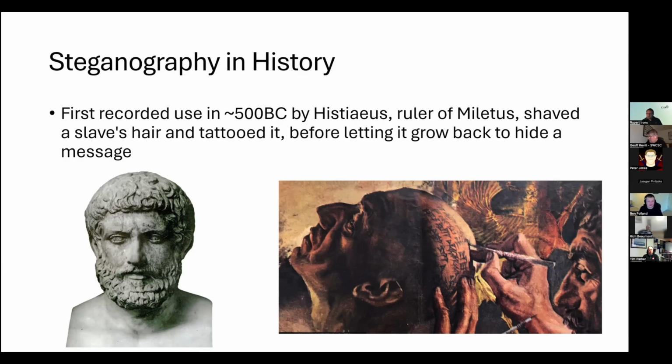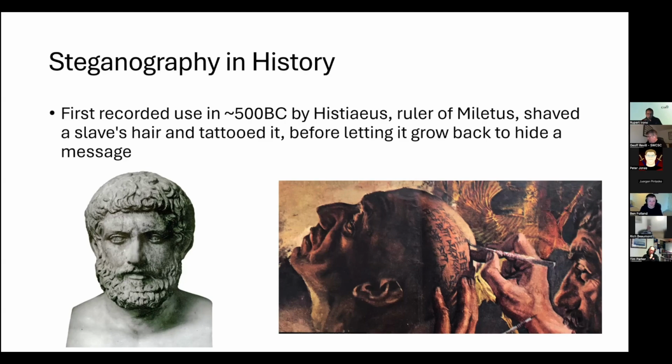And if, let's say, the slave was intercepted, maybe the slave was searched, the message would be hidden as it's covered by his hair, as the message was tattooed on his head. So that's one particular case where steganography has been used,